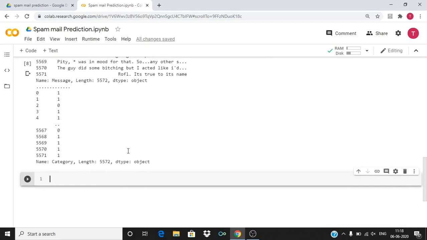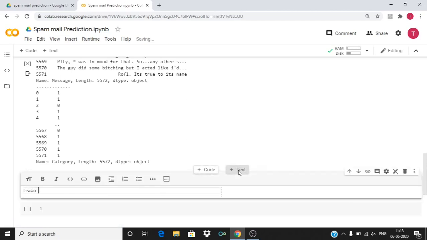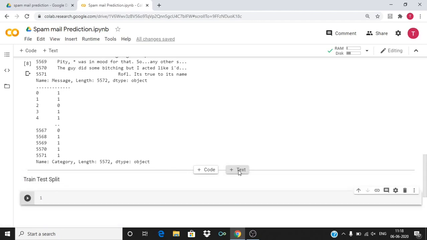So now we need to split the data set into training data and the test data. So I'll put a text here, train test split. So split the data as train data and the test data. So this is how it's done.